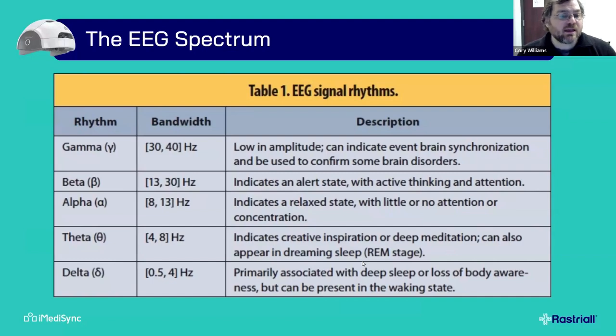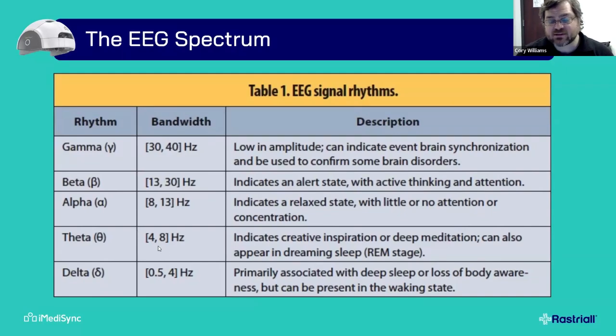Now, when we look at EEG, and some of you may already know this stuff, and if you do, you're welcome for the review, and if you don't, you're welcome for the new information. When we measure EEG, we group waves together based on their function. So what do these waves do? What's their primary function? The slowest is called delta. That's typically 1 to 4 hertz. And a hertz, in case you're curious, is measured in cycles per second. So how many times does that wave go up and down in 1 second?